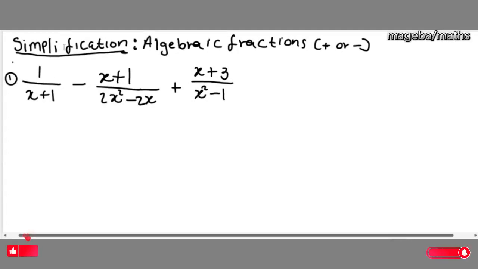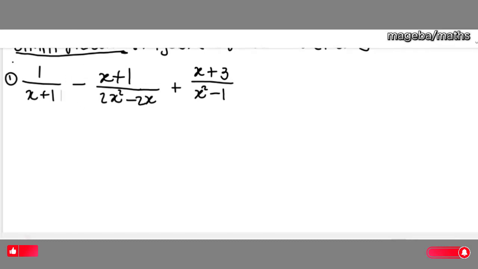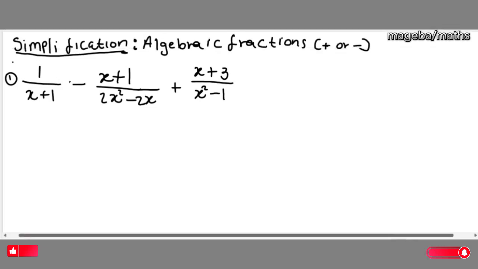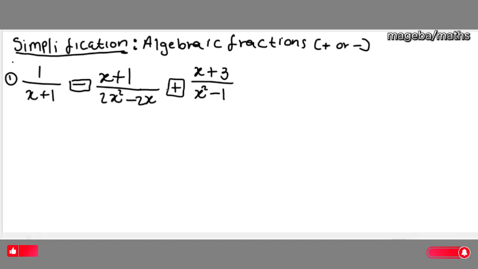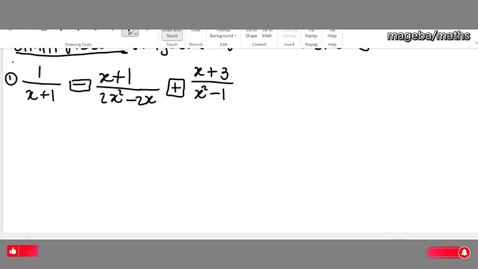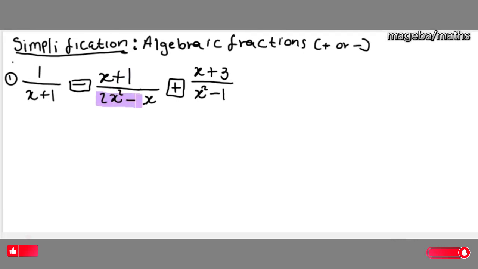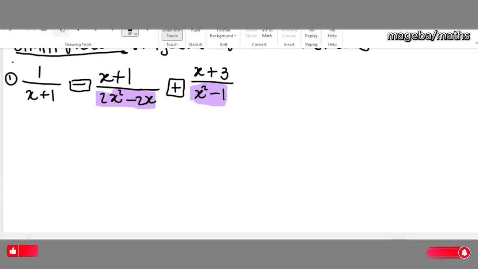Good people, today we'll be doing this algebraic fraction, where we're going to simplify. Now, the things that I need to highlight here that are very important. We have these signs here in between these fractions, and there's something that is very important also in these functions, which is this and this. If you know how to factorize, before we do anything in this, the first thing that we need